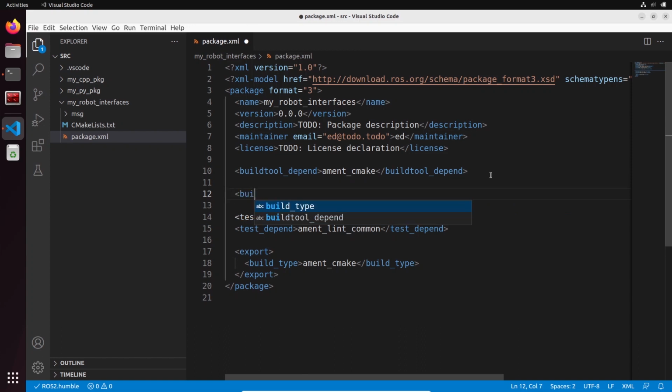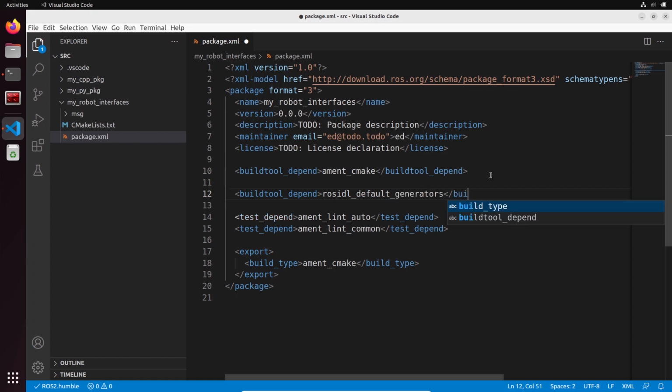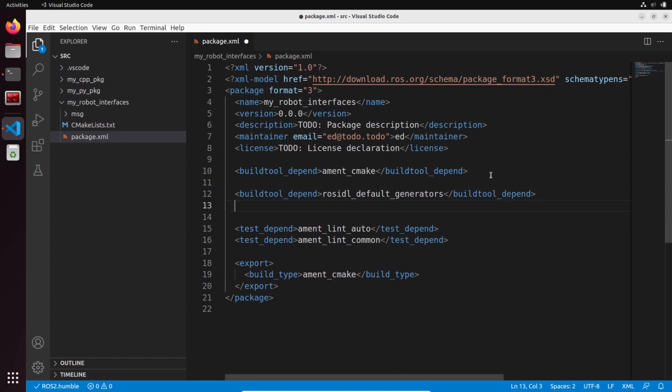So let's add buildtool_depend, so another buildtool_depend tag with rosidl_default_generators and /buildtool_depend. So no need to really understand anything here, that's just the tags that you need to add. Okay, so rosidl_default_generators, and then you have an exec_depend with rosidl_default_runtime